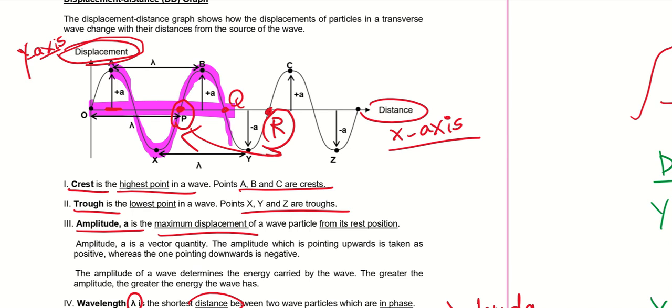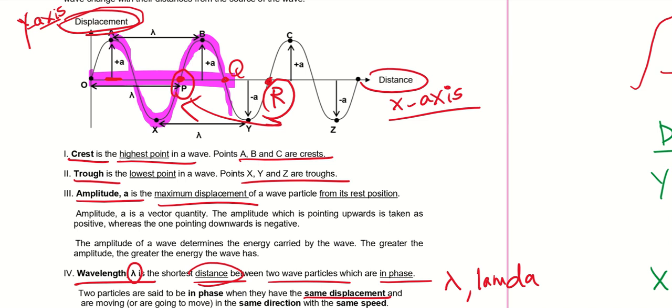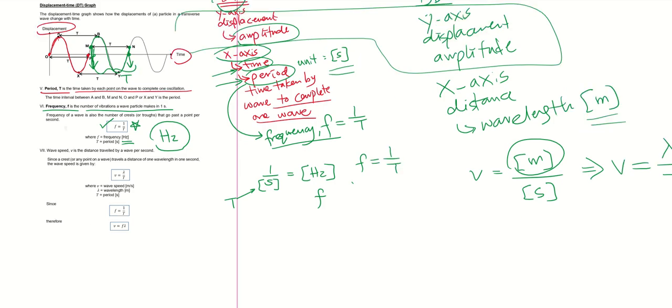But before we go into the graph, let's look at some technical terms. Just now I already introduced what a crest is. It's the highest point in a wave. So examples A, B, and